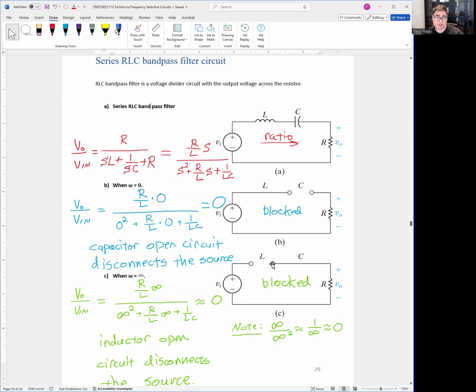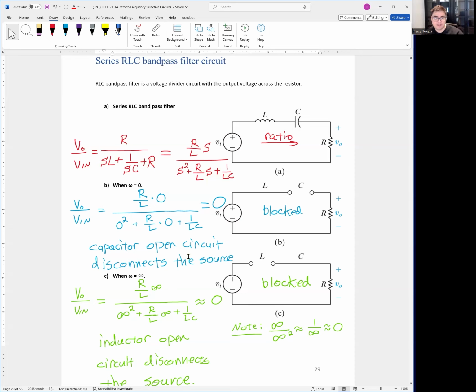where we know the inductor is going to be open circuit at a very high frequency, and the capacitor is going to be short circuit. Again, because they're in series, notice that the circuit gets blocked as well. So no current is going to flow through the filter to output, so you kill the signal, which is by design, because these upper and lower extremes are outside the band, in a stop band region, so they should be